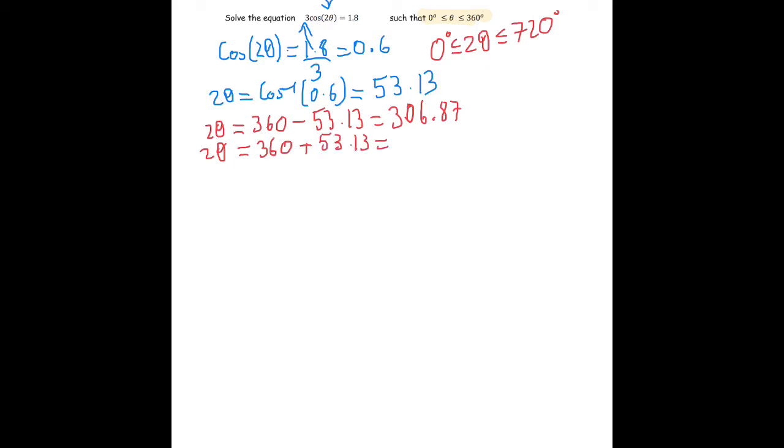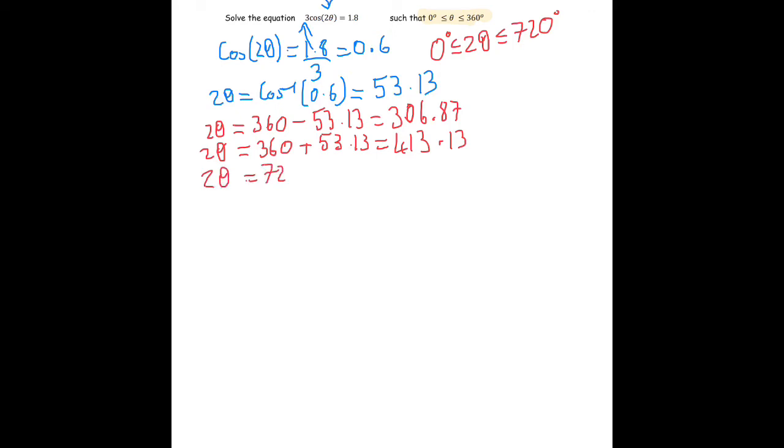That gives you 413.13. Now because these are values for 2 theta, I can also go up to the next 360 degrees, which would make 720,